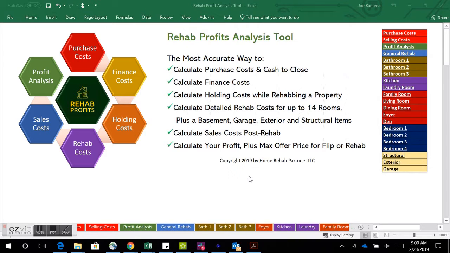What I'm going to do is walk through an example so you can see how this tool will help you with your real estate purchase, rehab, and resale profit analysis. As you can see, this covers purchase costs, finance costs, holding costs, rehab costs, sales costs, and then you